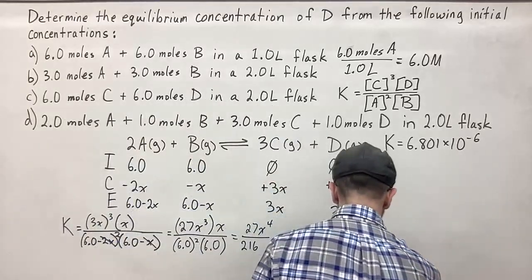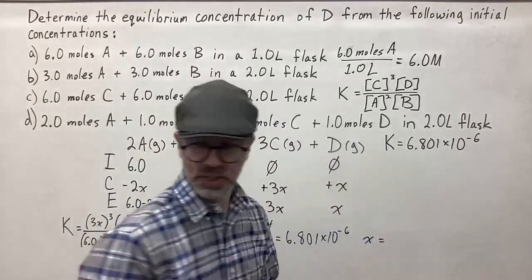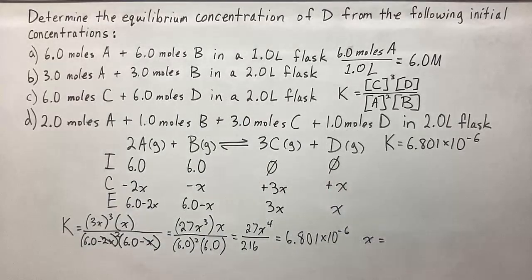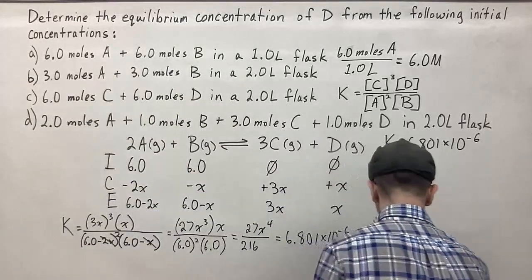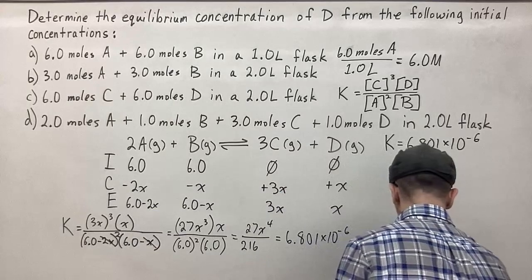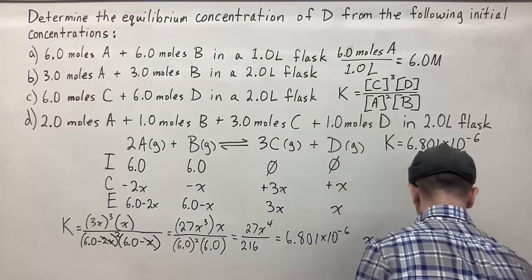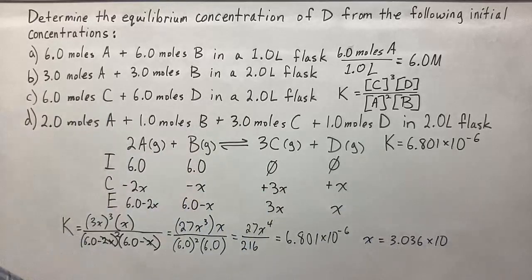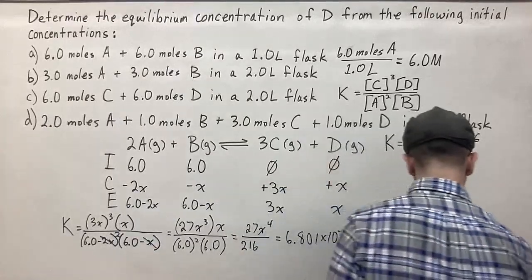And in this case, x is going to be equal to 3.036 times 10 to the negative 2